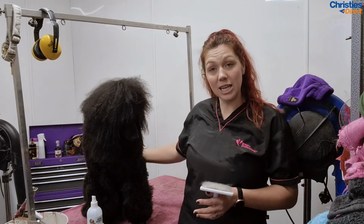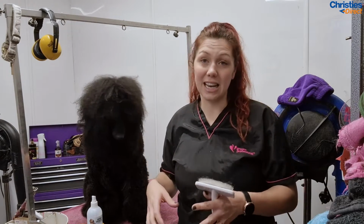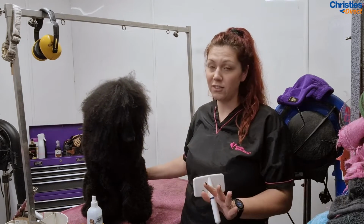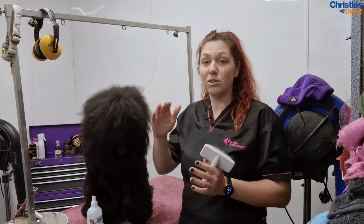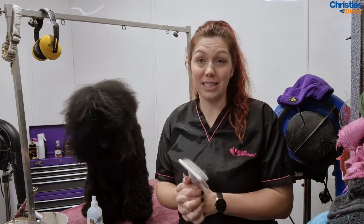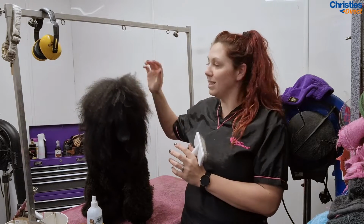So with the continental trim, you don't want to put them in that too young because they have quite bandy legs. They look a bit skinny and it just doesn't sit quite right. So they have to be quite mature to have the continental trim, so they have good muscle definition there. So this one, because she's young, she's still in puppy pants, it's where they have the shorter bum, not shaved, just scissored. And then they have the big mane up here, nice tube legs, and just a nice angulation around the bum as well. So again, if you are thinking of doing this, then I would strongly go and see a specialist to teach you how to do it properly,